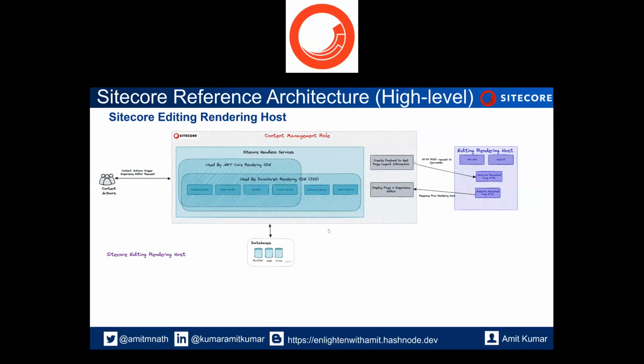And this is a high level diagram about a Sitecore editing rendering host. For example, if your content author is working on the headless application, they will log in to the CMS and raise a request to edit a page. In those cases, Sitecore CMS has a Sitecore headless module, which will make a call to the render endpoint of your rendering host. So a POST request will happen from CM